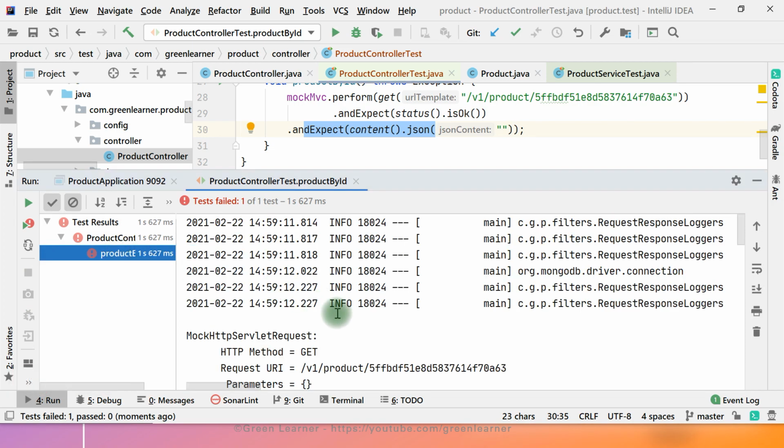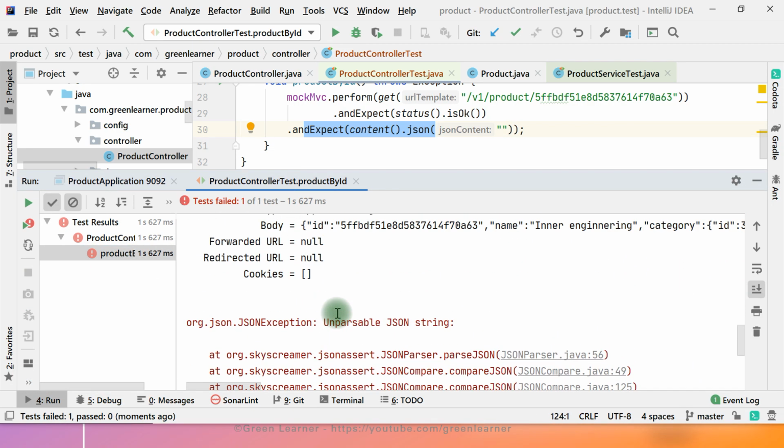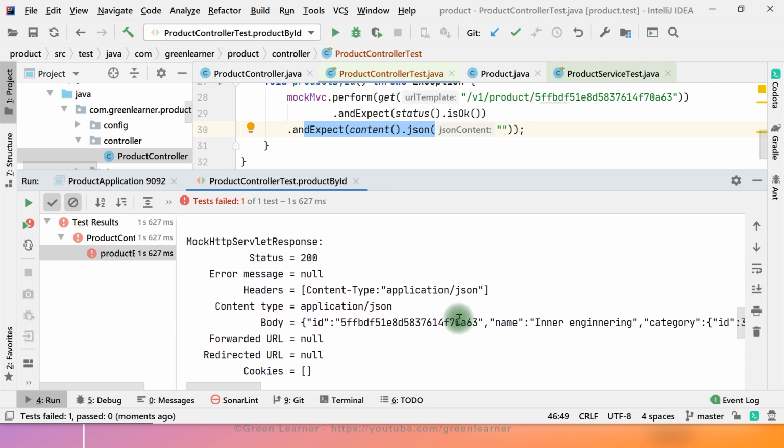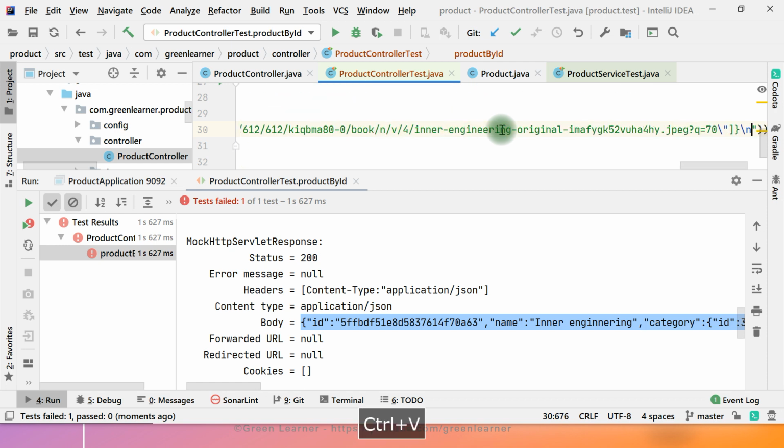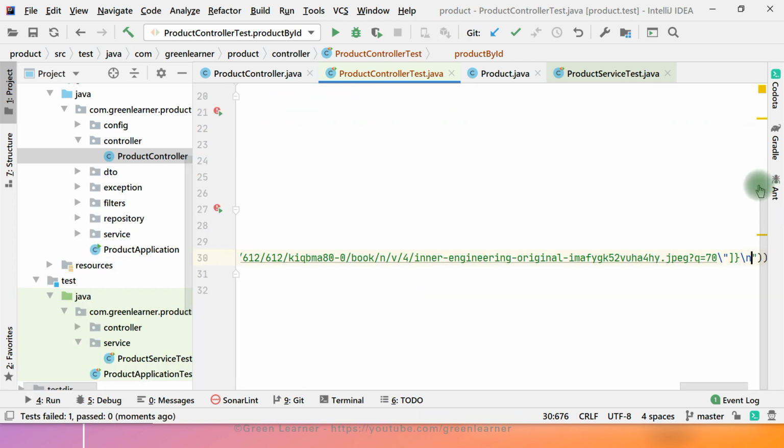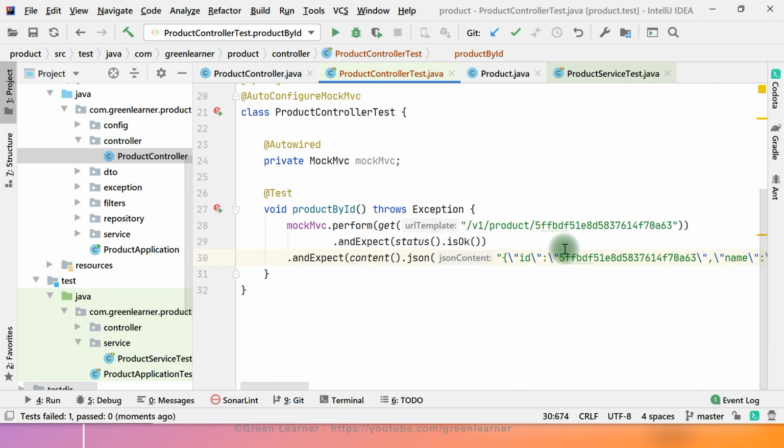If I show you this part here, it says unparsable JSON string. It is not able to parse because the expected value is not JSON itself, it is empty. But I also got the actual JSON that I wanted, so this is what it is. I can just copy this part and paste it here. It is a bit long, I know, but I can live with it because the content is big.